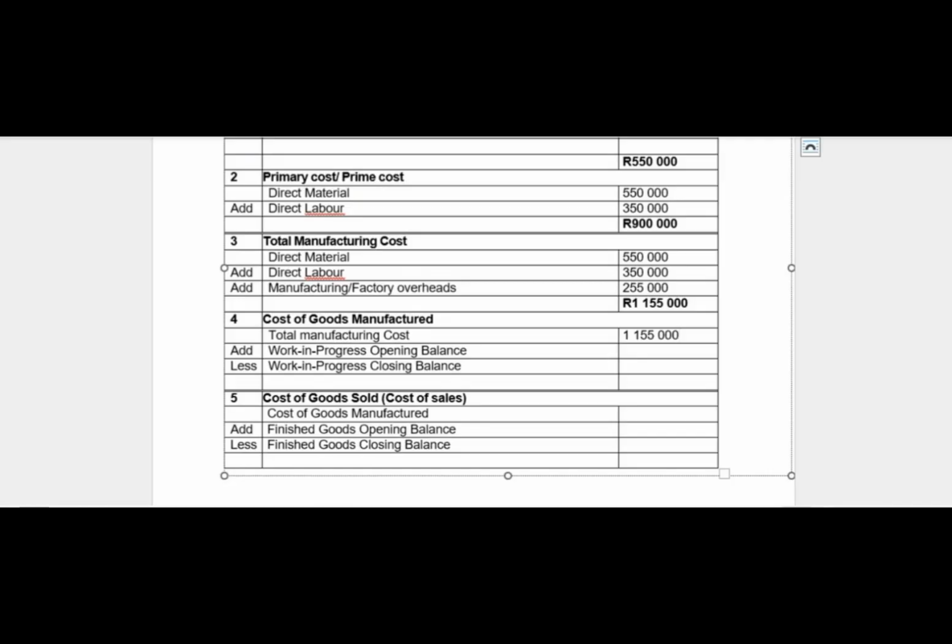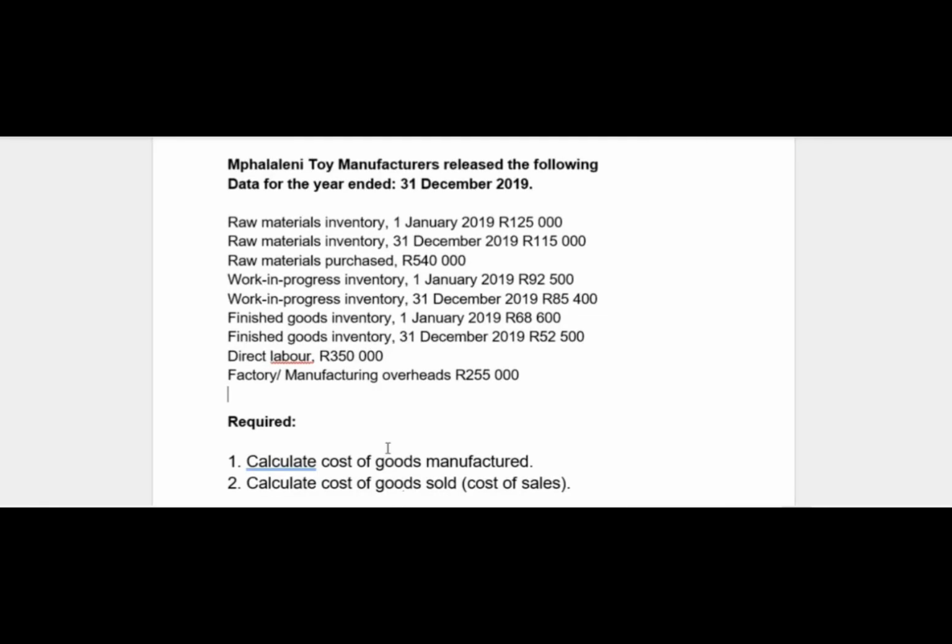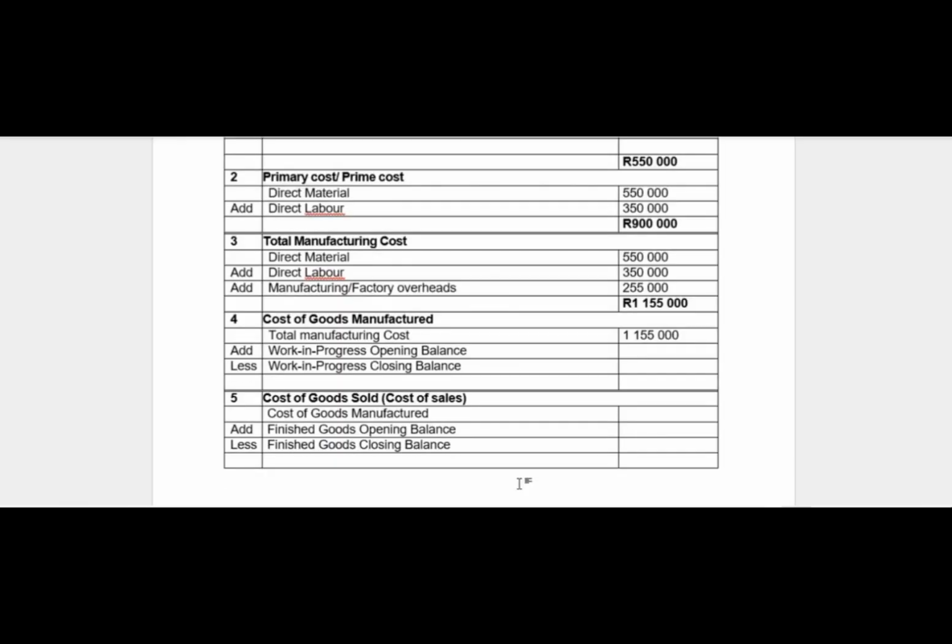1,155,000. And then we're going to add work in progress opening, or work in progress at the beginning, which is going to be our balance on the 1st of January 2019, which is 92,500. That is work in progress at the beginning, 92,500. So we're gonna say 92,500, and then we less